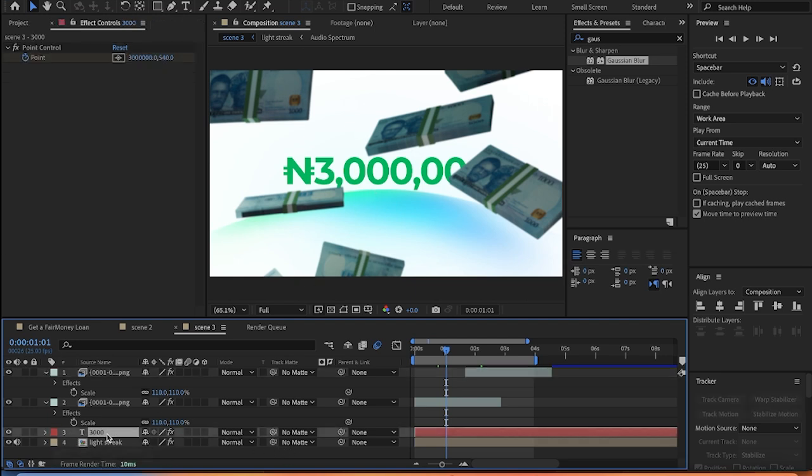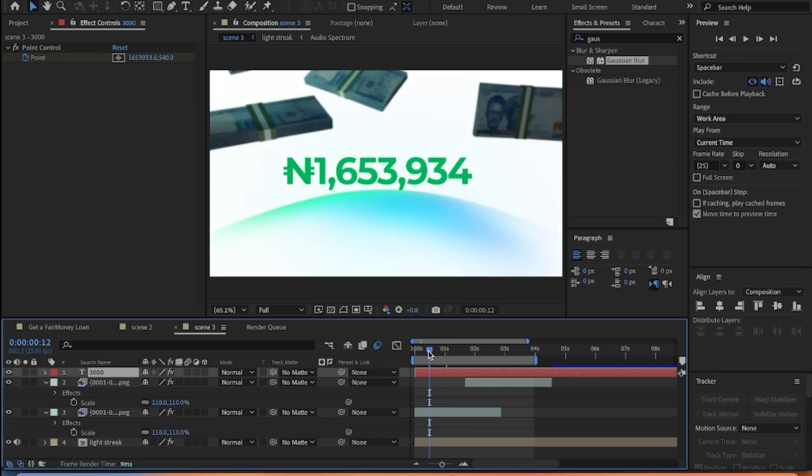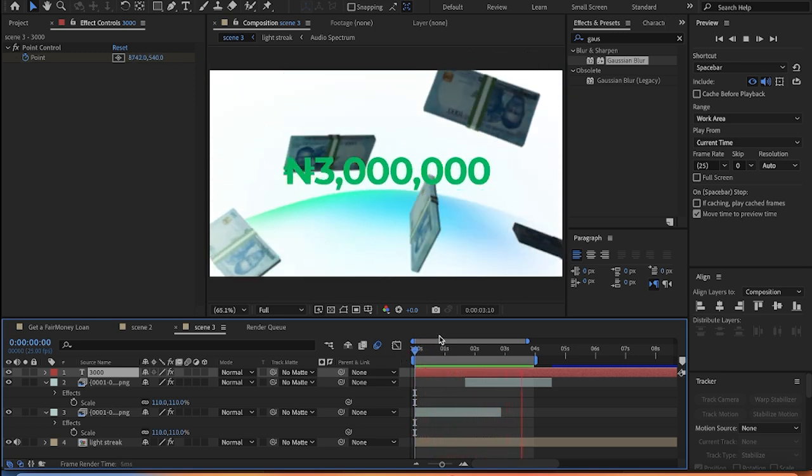My figure, I'll take my figure up. I'll pick my figure up. So let me play the animation. Yes, so this is how I achieved the Naira bundle falling down,